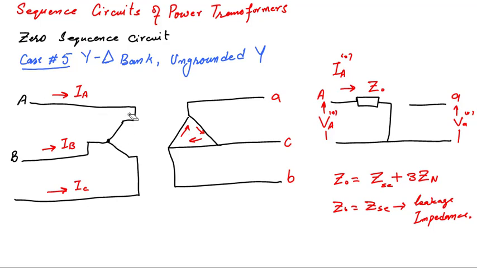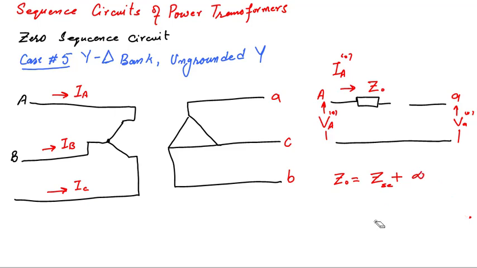As we can see here, on the Y side zero sequence current cannot flow, so its zero sequence counterpart cannot exist within the delta, because there is no path for the flow of zero sequence current on the Y side. That's why it cannot exist within the delta. How are we going to modify this circuit? We open this path. In this circuit, Z0 will be equal to infinity. It means zero sequence can neither exist on the Y side nor on the delta side.